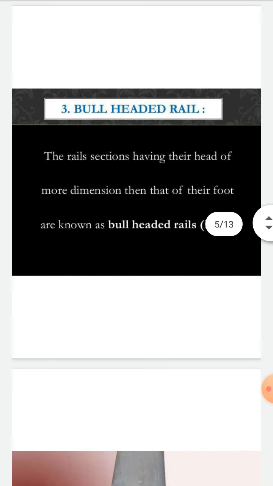The next, third one, is bull-headed rails. The rail sections having their head of more dimension than that of their feet are known as bull-headed rails. Means the major difference between these three is: the first is the double-headed rail, which means the top flange and bottom flange have the same dimensions. Then we have the top flange height different in the flat-footed,